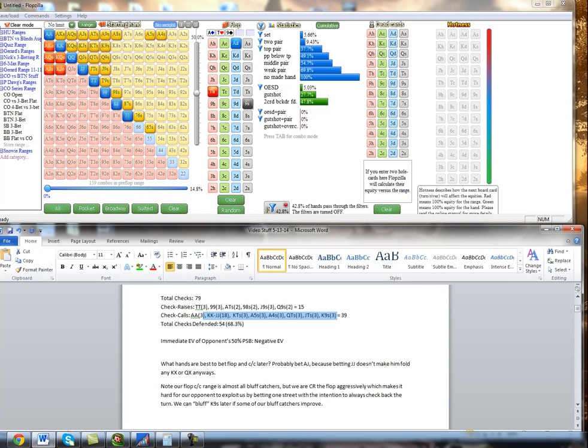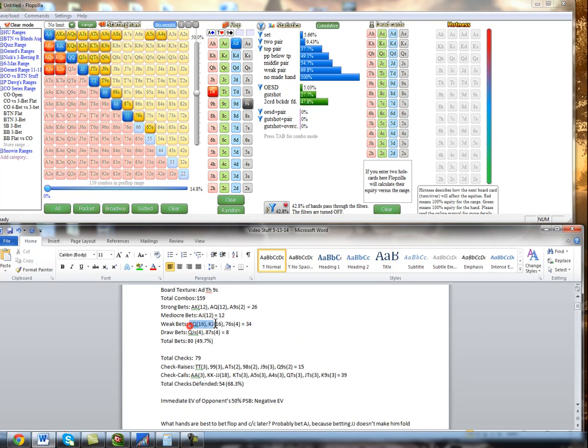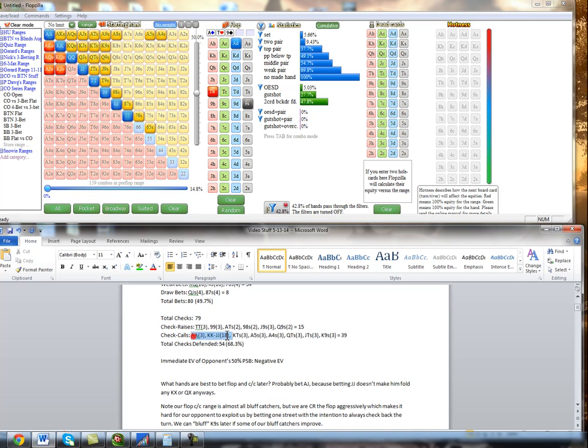I like it when I can check call with a hand that can bluff later, but here we don't really have that many good hands to float with, and I decided to bet with the hands that can get there, like king queen or king jack. So this check calling range is definitely pretty vulnerable once our opponent knows this is what our range consists of,